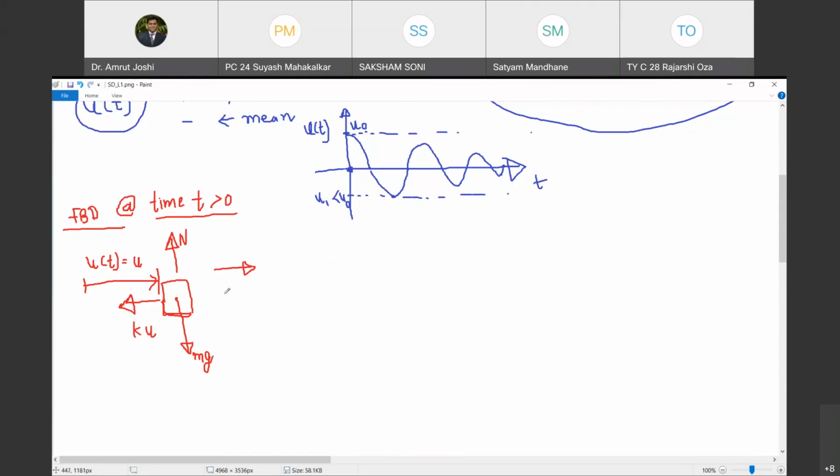We will assume that the body is accelerating towards right. Why? Because I want to have this acceleration as a positive quantity in my mathematical formulation. For that I assumed that it is moving towards right. You can as well derive the same expression by assuming the acceleration towards left. It's all right. But right now I'm using this assumption. Happy? Yes, sir. Now, what is the relationship between acceleration and position?